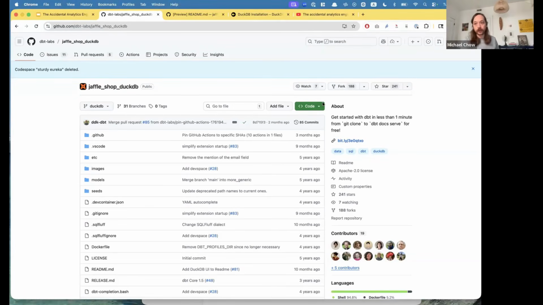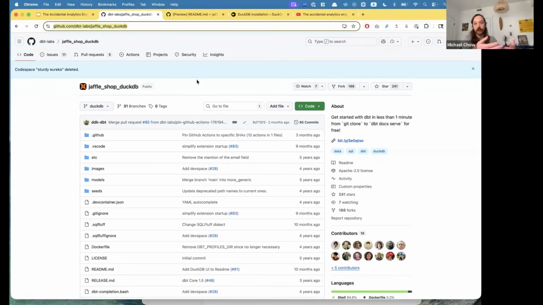Totally. Yeah. So this is just to foreshadow, this is the project we'll open. Let me share it in Discord. I'll also share it out in the Zoom just in case. So we'll go into this Java shop DuckDB, just a basic look at DBT and how you can see it running and what the different parts are.